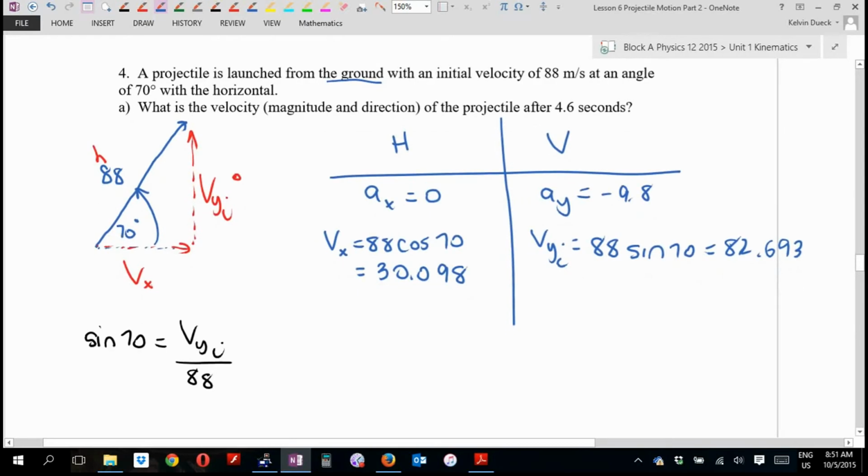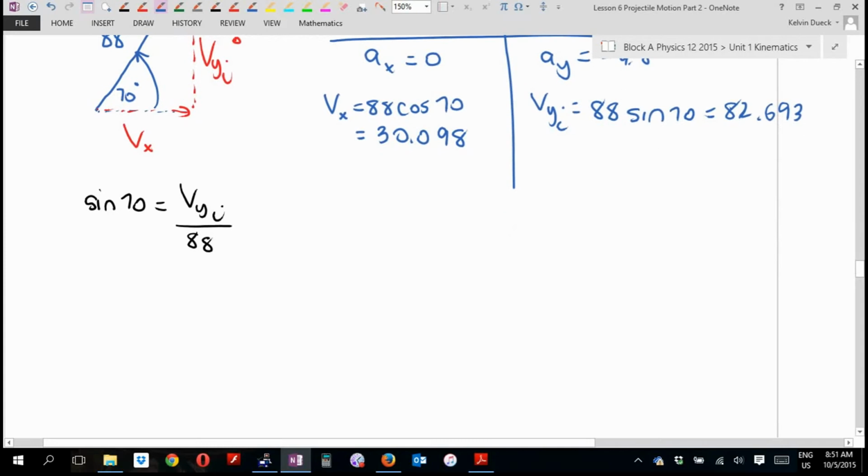What's this question want me to find, Ty? Now, I think what it's asking me to find, don't write this down just yet, is this velocity, the slanty velocity after 4.6. The only problem is I'm not sure if I should draw it like that or if I should draw it like that. Don't write this down yet. But no matter which way I draw it, I'm going to break it up into Vx, which I know,